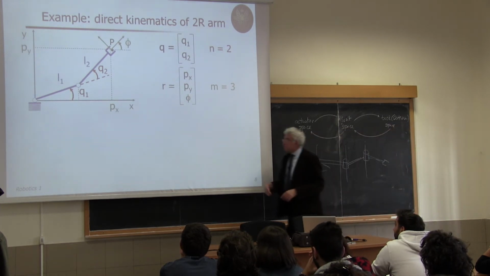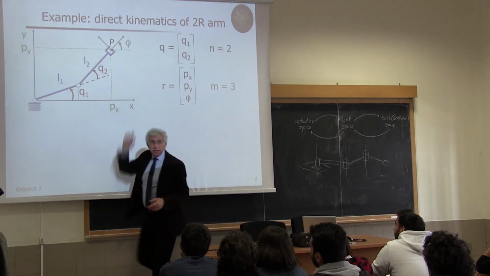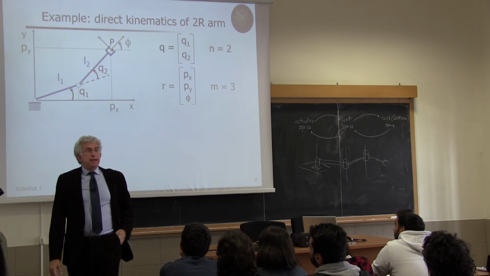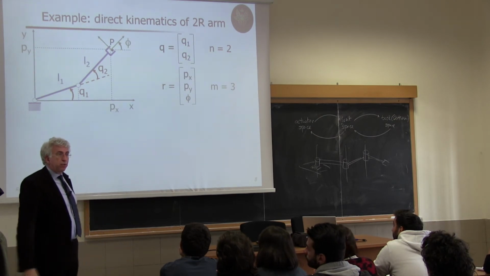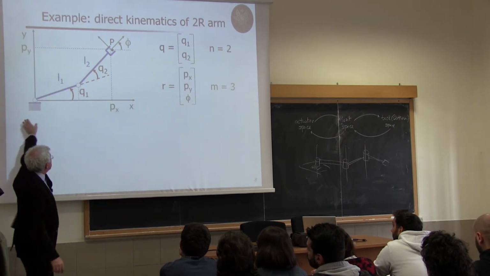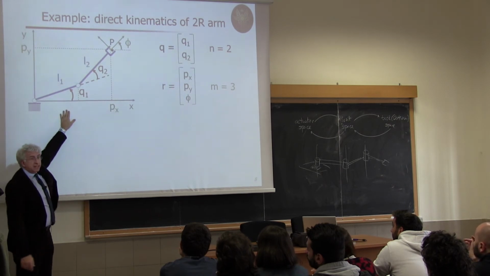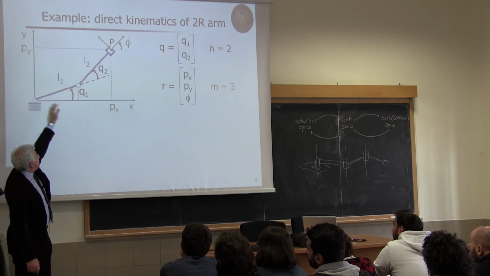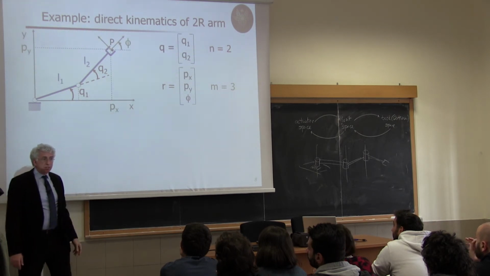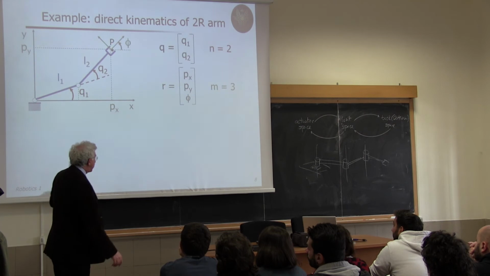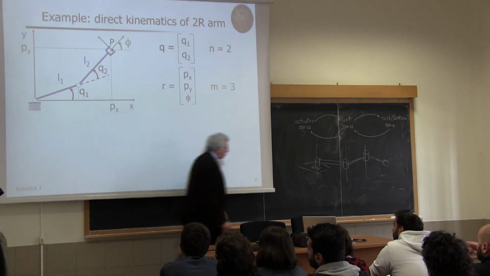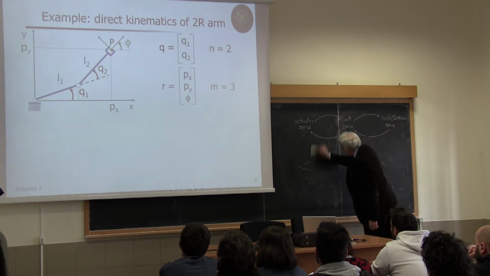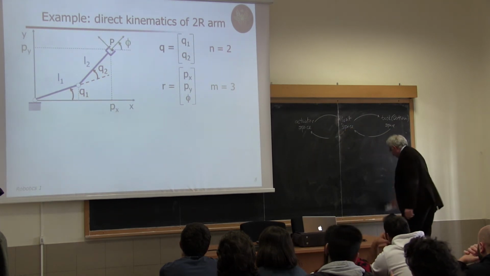So, again, I'm using Q1 and Q2, the first two choices for angles. I've canceled the blackboard. Q1 is with respect to some fixed reference axis x, and Q2 is this incremental angle with respect to the prolongation of the first link. Again, these two variables work even if, and now I'm doing several examples on the blackboard today,